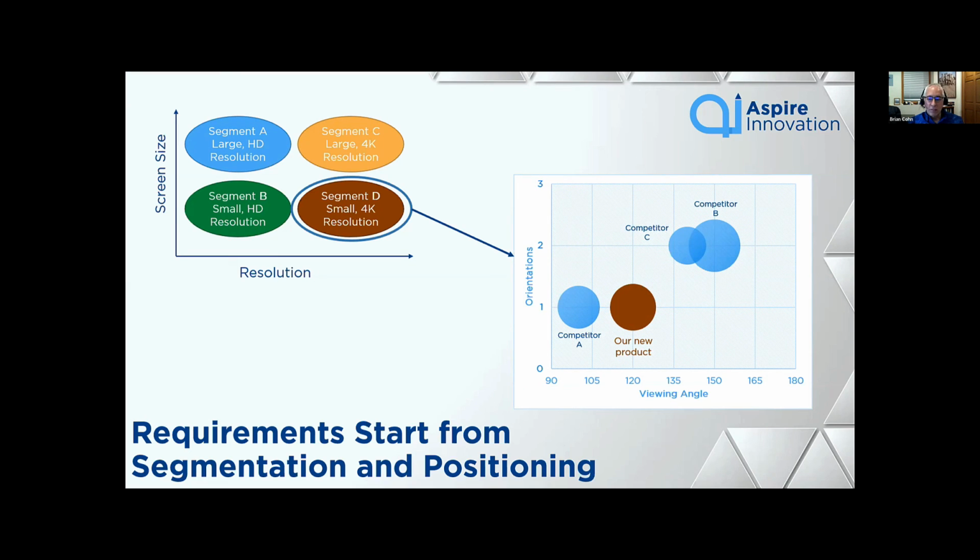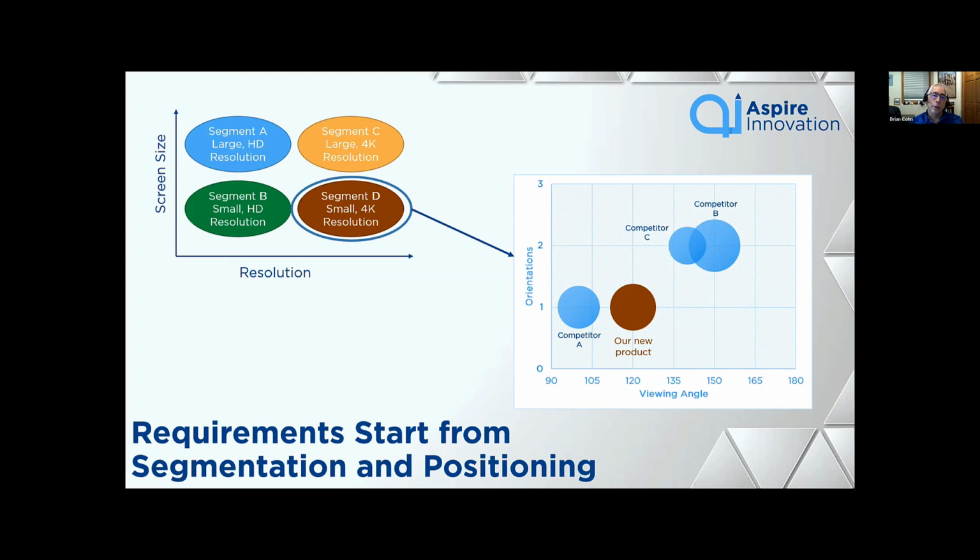And here I've simplified this, thinking, okay, I've decided it's a 21-ish inch and it's going to be a 4K resolution, and what other parameters might separate us? Here we've picked on two. We might pick on viewing angle. Is it wide or small? And where do we want to sit for that product? Is it something that can only be used in landscape mode? Can I flip it to portrait? There might be other things, contrast ratio, whether there's a USB hub, and there's probably all kinds of other things